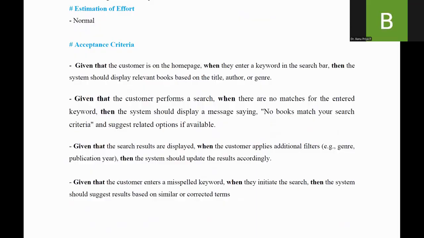So you can also just provide it normally. When the books are being displayed based on title, author, genre, it is an acceptance criteria. Even that you can provide. So it starts with, first you should be providing the user story, then the description of the user story, then linked task, then estimation of effort, then acceptance criteria. This is the way each user story we should be providing in MS Planner, right?